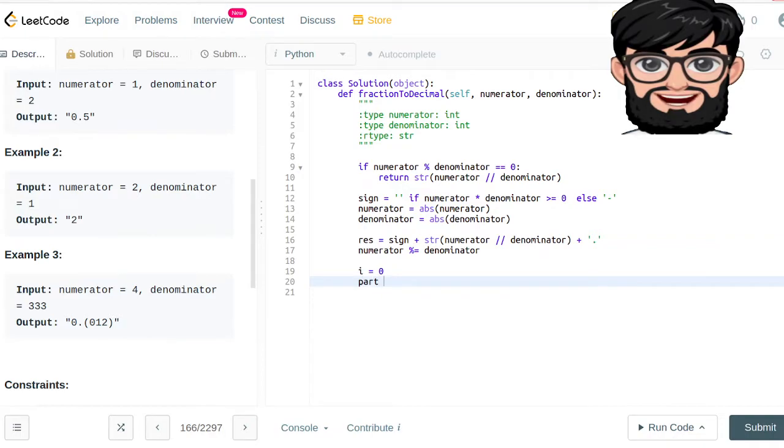Our part which we were trying to calculate is gonna be equal to empty at the beginning, right? And then we're gonna create a dictionary where m is gonna be our dictionary, and initially the key is that numerator, and its value is gonna be equal to that index. So initially we're saying our numerator after taking the modulus is the key and its value is 0,